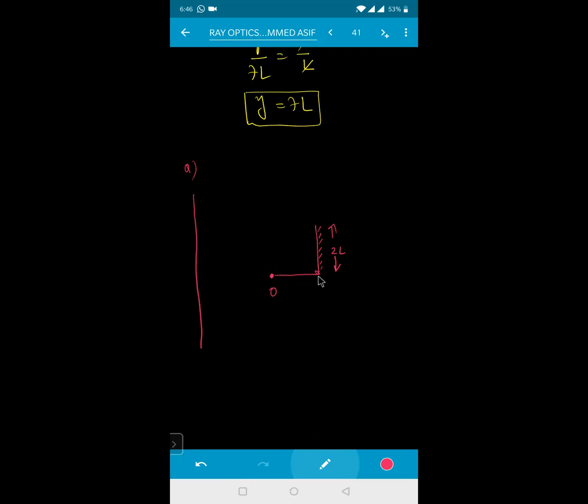This object is at a distance of your L. And this object from the road is at a distance of your 3L. This is some road. Through this road I am moving, isn't it? This is your object O. And if I draw the ray diagram for that one, what is the field of view? Now see, how do you draw the ray diagram for this one better?